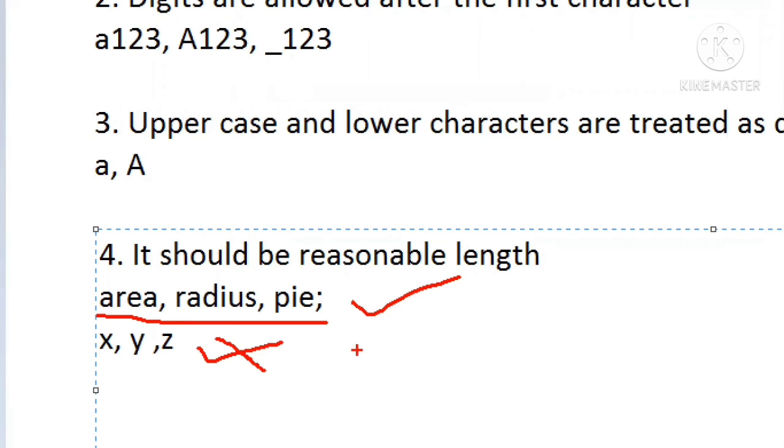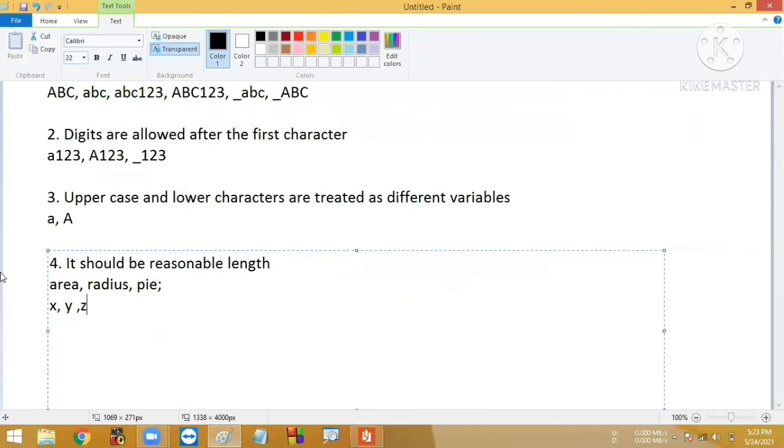Always the variable name should be very short. Very short means let it be within 8 characters, up to 8 characters. Okay, fine. Not more than that. Next, it should always resemble what the program is going to do. By seeing the variable names, we can identify what program we are performing. Such types of variables we always have to create.